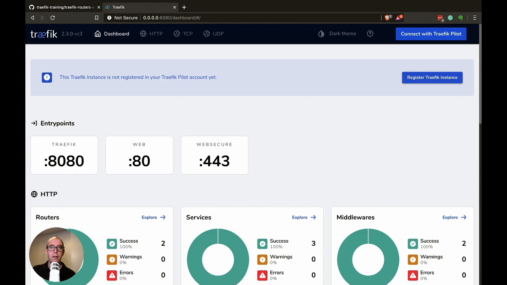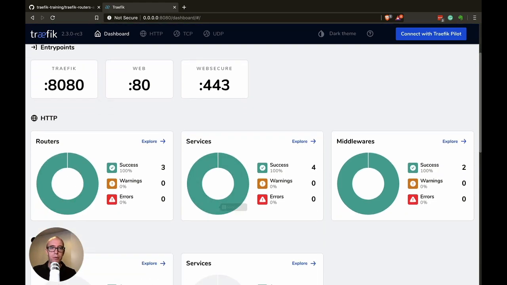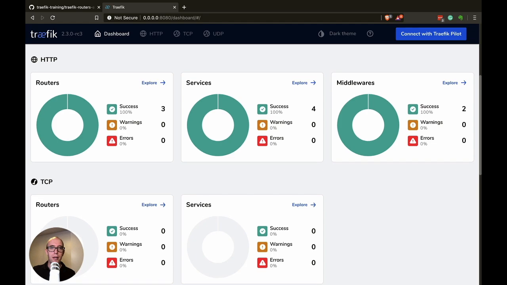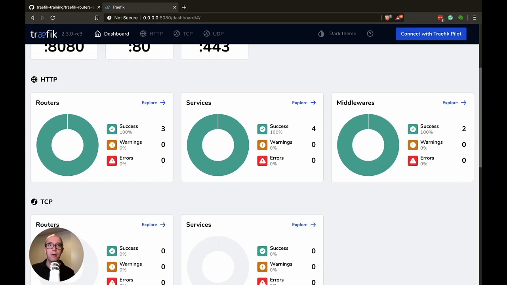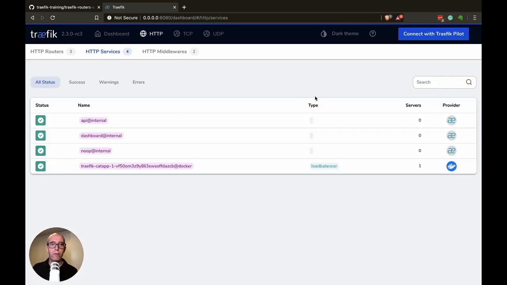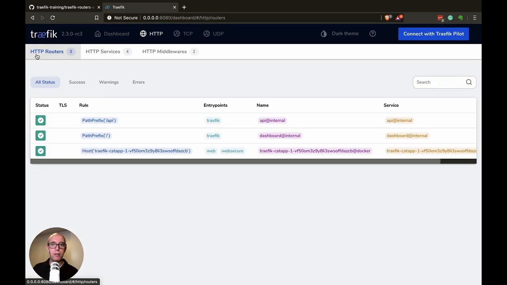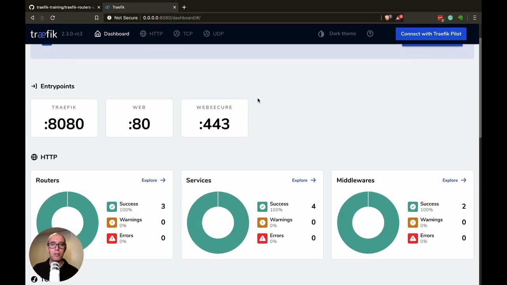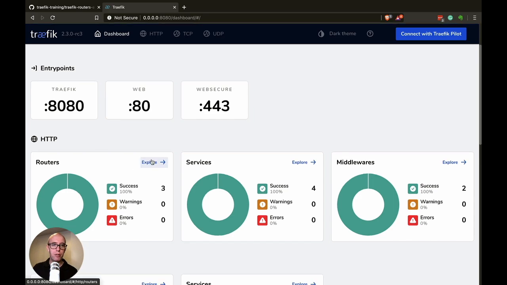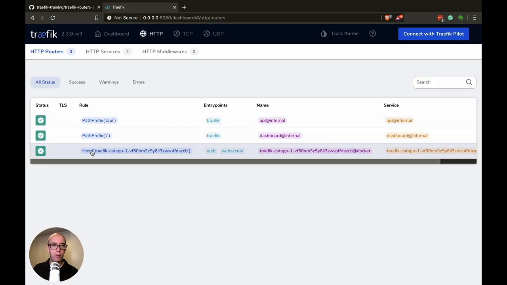And now we see exactly what's happening with our dashboard. And now you see there's 4 services available. And here we go. 4 services, and if I click on routers first, so open up the dashboard and then scroll down, and then you can see routers. So if we click on routers, now we have a catapp router, and you can see it's automatically defined a route for us. So it's created its own host, and over here you can see the name and the